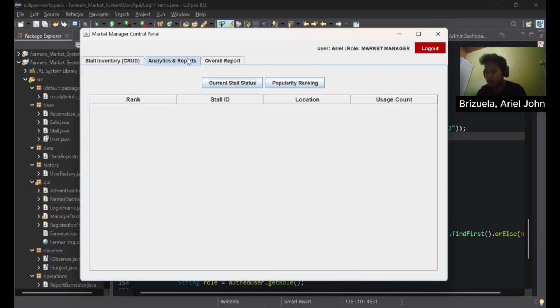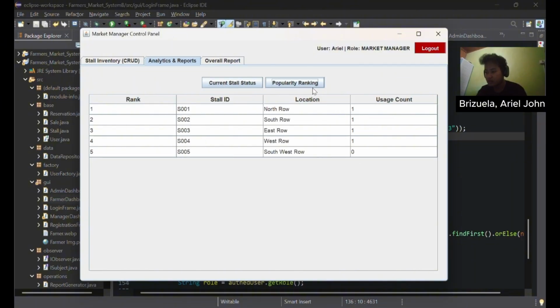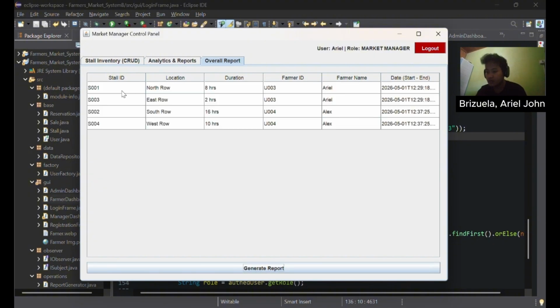In the analytics report, you could also check the current stall status, which is occupied, the popularity, usage count, and the overall report. Generate the stall IDs 1, 3, 2, and 4, the duration, the farmer's ID, whose farmer they are being used by, and the date.